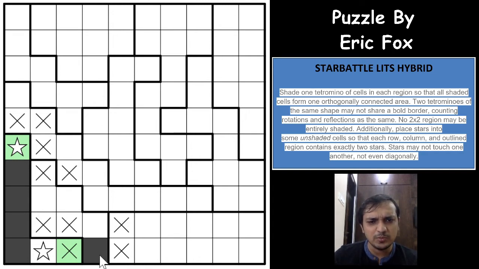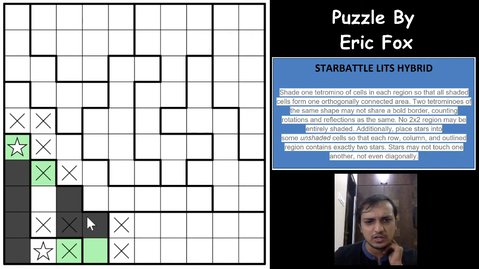And now this cannot be a tetromino cell, because then this also will be a tetromino cell and you won't have exactly enough space for the star to be filled here, right? So this cannot be a tetromino, either this cannot be a tetromino as well, and both of these cannot be tetrominos, which means that these 3 cells would be a tetromino, and this would have to be a star. Now this is the tetromino, right? Superb. And with that we have completed 2 regions here with the tetromino and the stars both.